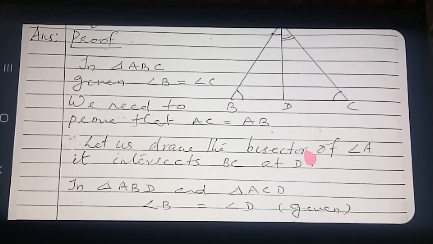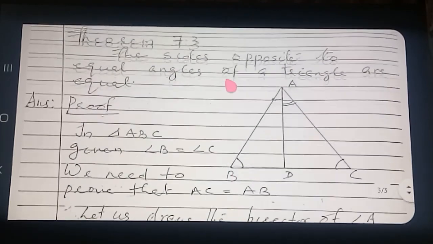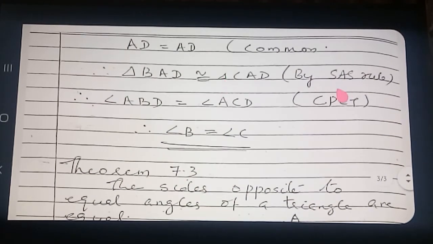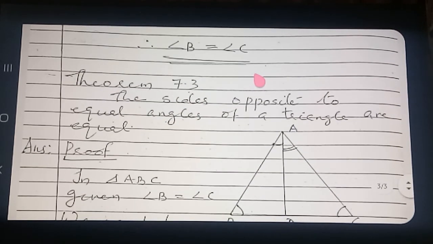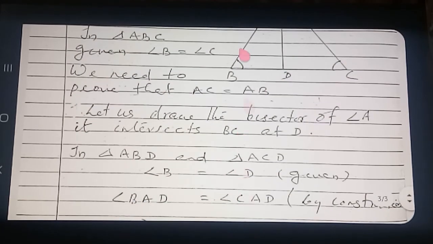Okay, clear? This theorem and the previous theorem are almost the same. Here we are applying the AAS congruence rule and in the previous one you applied the SAS congruence rule. So SAS and AAS how to apply, I told you already. Okay. Clear? Method almost the same, little difference in the rule applying only. Here instead of angle D, what you will write? Angle B and angle D I wrote, but what is here? Angle B and angle C. While writing, the teacher wrote angle D by mistake, but you correct it here to angle C. Angle B and angle C are equal.